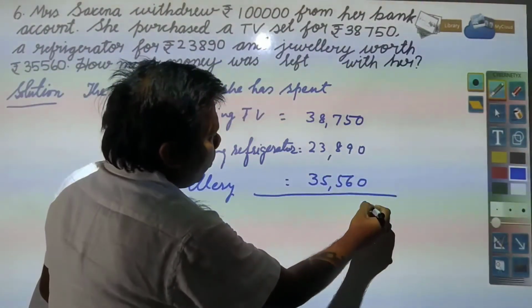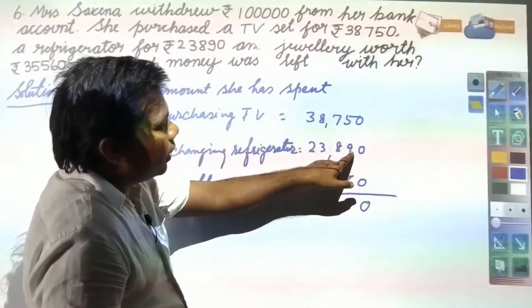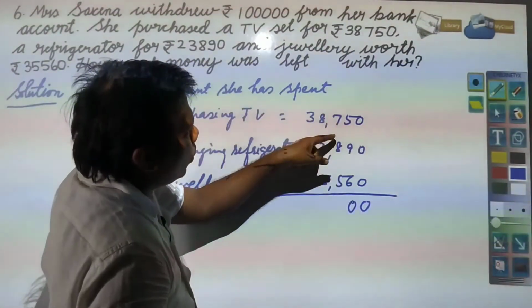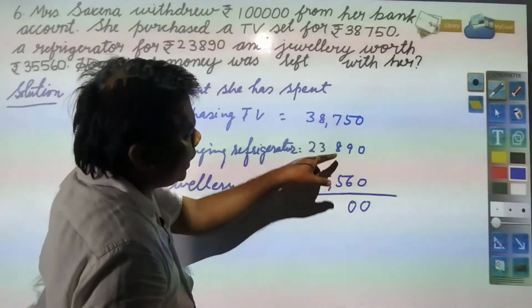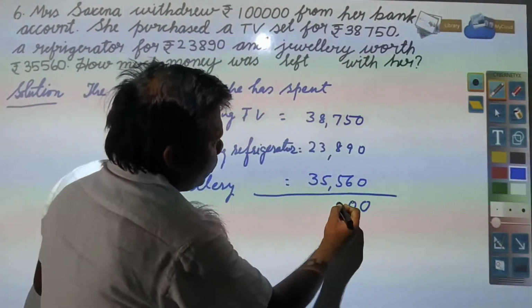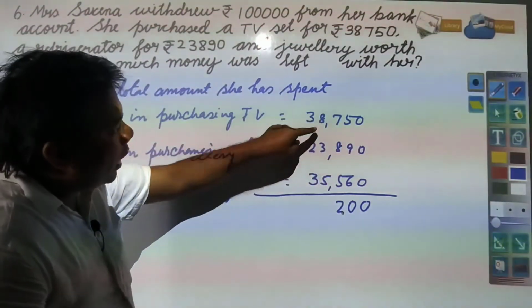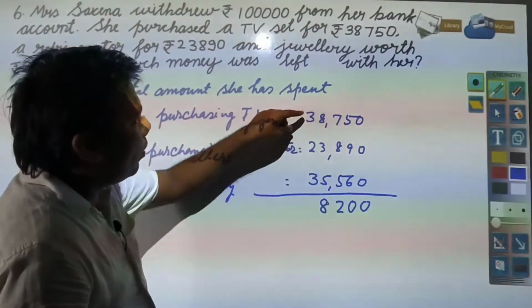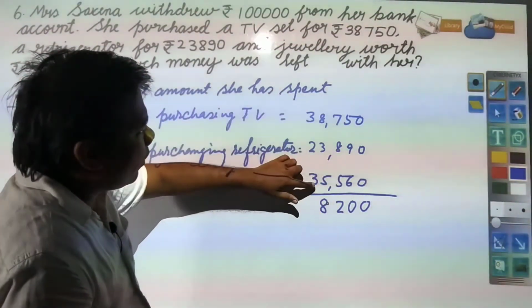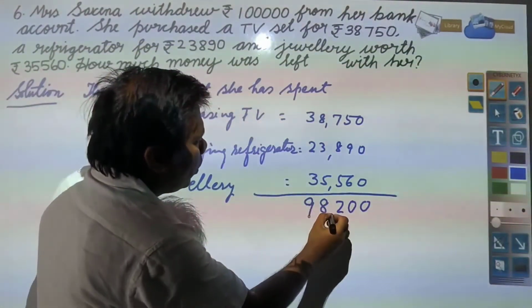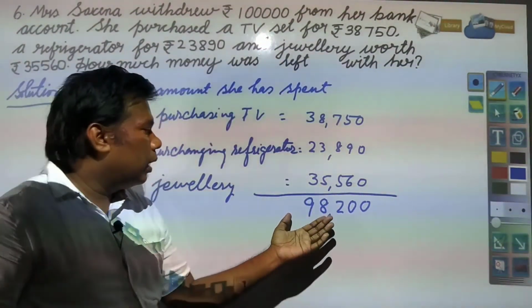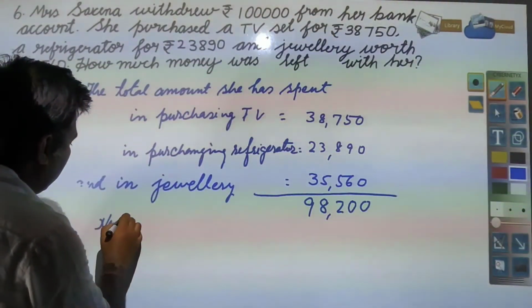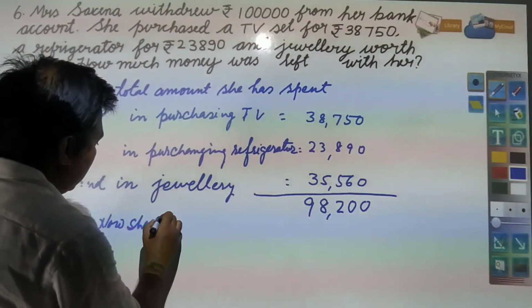So this is 0, 5 and 9, that is 14, 14 and 6, 20, 2 you have. So 2 and 8, 10 and 7, 17 and 5, 22, again 2 you have, 10 and 3, 13, 13 and 5, 18, 1 you have, 1 and 3, 4, 5, 6, 7, 8, 9, 98,200 she spent. So now she is left with, you will write, now she is left with